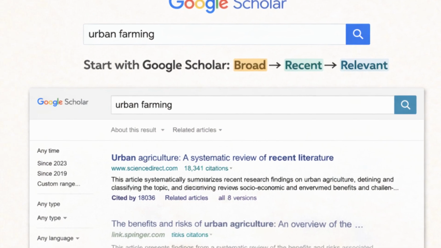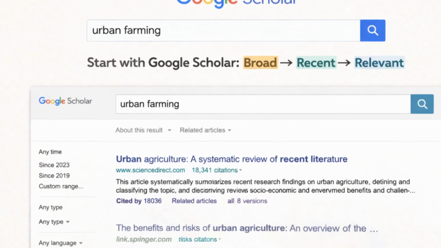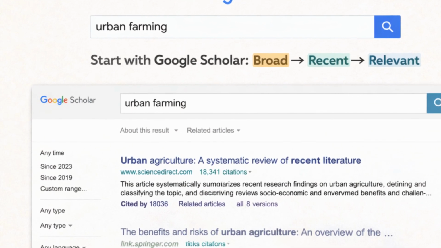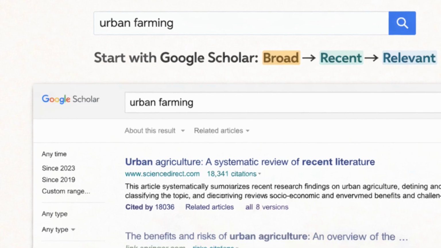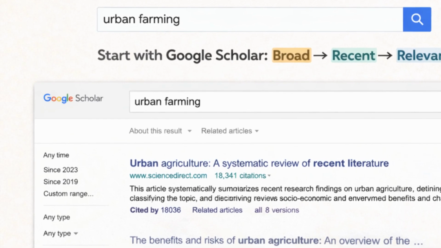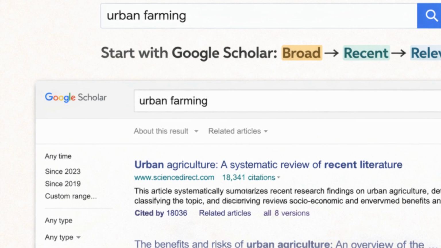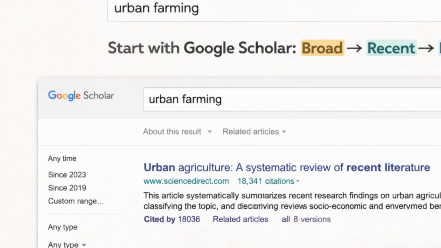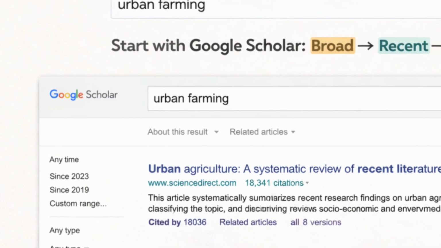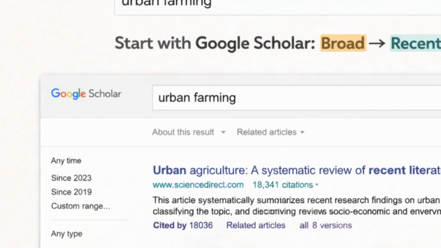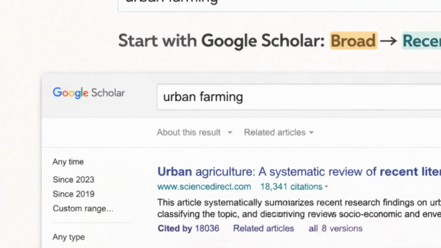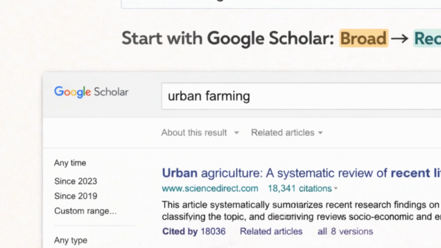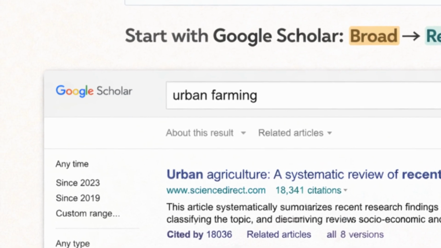Scan and spot gaps. As you skim through results, look at titles and abstracts for hints of what was studied and where questions remain. Academic papers often end the introduction or literature review by saying, "However, X has not been examined," or "Few studies have addressed Y." Those are gap clues.